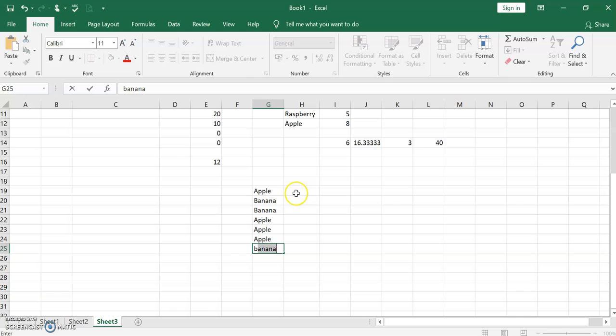Again, I'm just selecting the colors. So I'm giving this color green, and I'm giving yellow, right? Banana I am giving yellow, and one apple, one color I have red. So apple could be in green color, apple could be in red color, right? Another one I'm giving apple green, another one I'm giving red, and banana I'm giving yellow.